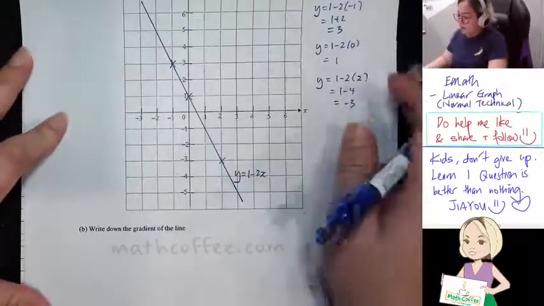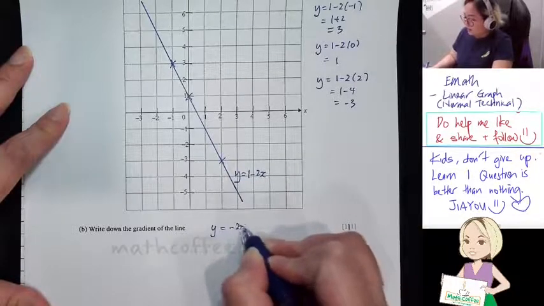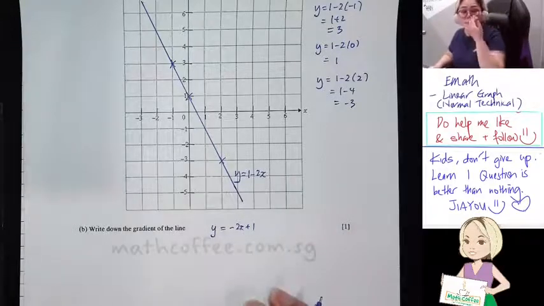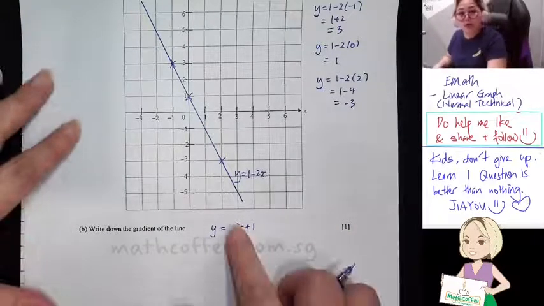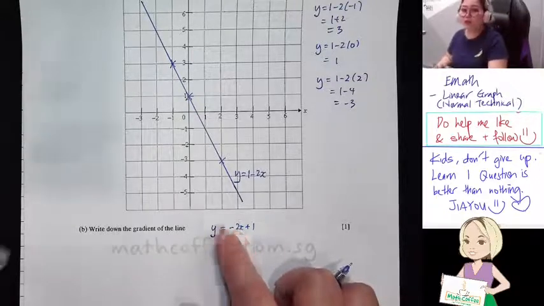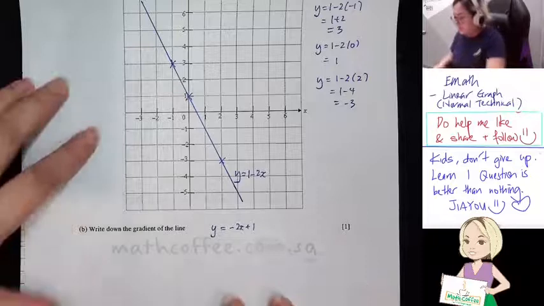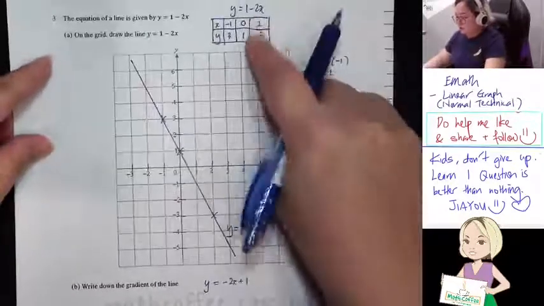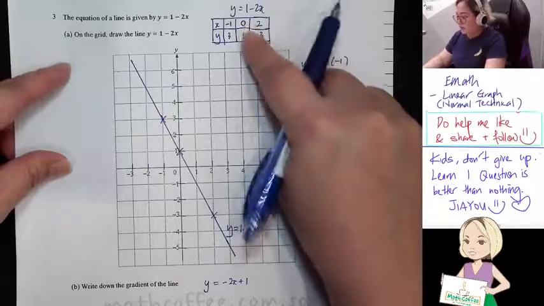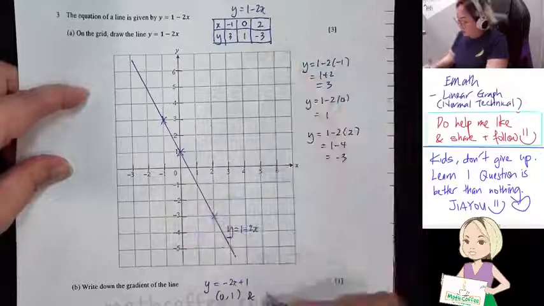So we can actually look at this one. y equals, I shift it, I write it as minus 2x plus 1. At one look, we also know that the gradient is -2. But let's say you want to do working, let's say you don't know how to read this one. That's okay. We use 2 points. Remember I said we take any 2 points from the line and then find the gradient. So let's say I take the points that I put just now, 0, 1 and 2, -3.